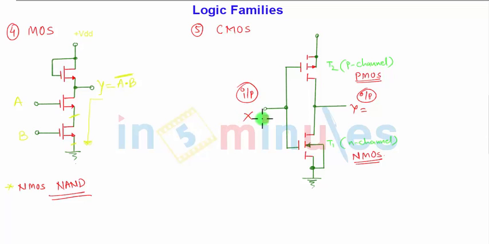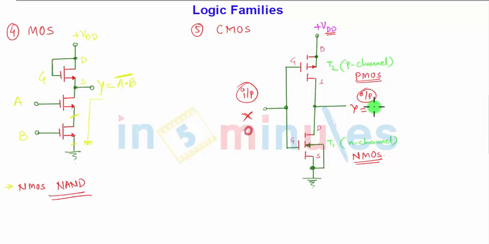Suppose the input is X, and let me check the two conditions. X is 0, then for the 0 input, PMOS will be turned on, VDD supply, because this is the drain terminal, gate terminal and the source terminal. If X is equal to 0, then PMOS will be turned on, so P works for 0 and NMOS works for 1, so this will be turned off, so it will not allow Y to get grounded. So whatever the voltage VDD, it is available at Y.